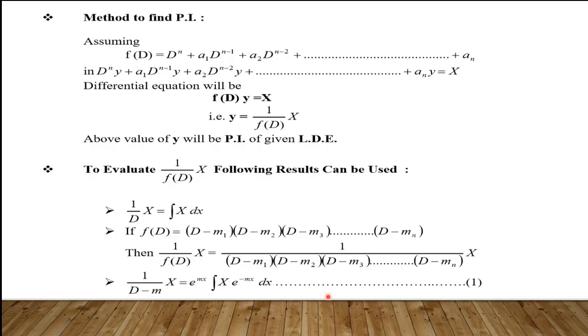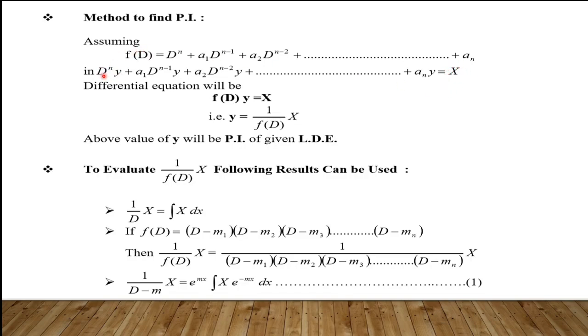So what will the method of calculation of the particular integral involve? The standard form of writing the auxiliary differential equation in operator form. What is that operator form to be considered? D^n plus a1 D^(n-1) plus a2 D^(n-2) up to an, where I have already taken y common. I have calculated the complementary function by considering the RHS as 0. Now my focus will be on the RHS of the differential equation.